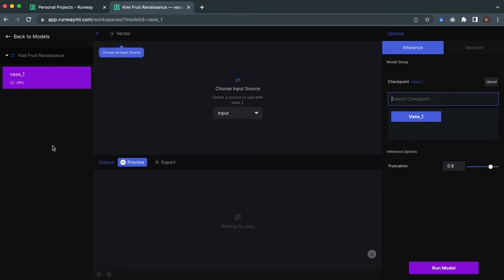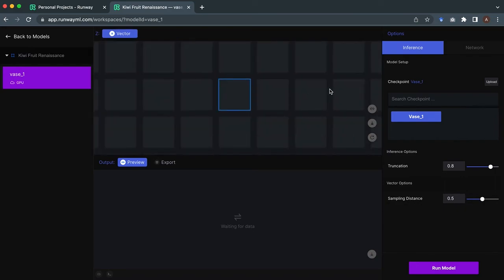So this is a workspace. It will set up the workspace automatically for you. You can see our model is in there, ready to go. So it gives us some options for playing around and doing different things with it. The first thing this allows you to do is to have a bit more control over the type of images which are generated based on your model. So it allows you to do the latent space walk that we saw in the animation. It allows you to control that process a little bit